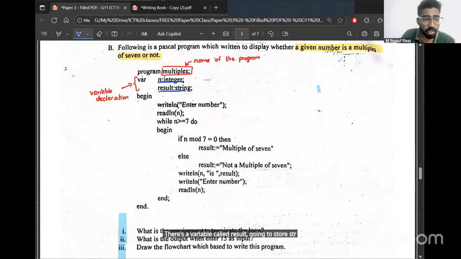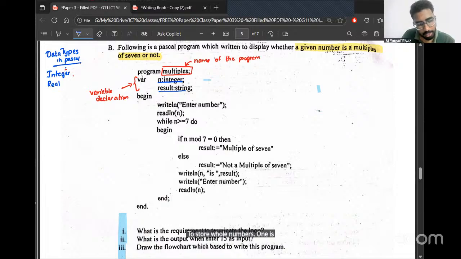In terms of data types in Pascal, you learn data types in two places: one is databases and one is Pascal. The ones we have in Pascal are integer, to store whole numbers; real, to store decimal numbers; and string, to store text or any collection of characters.